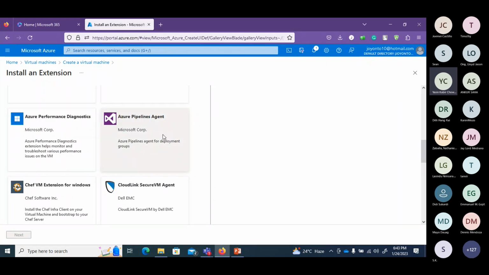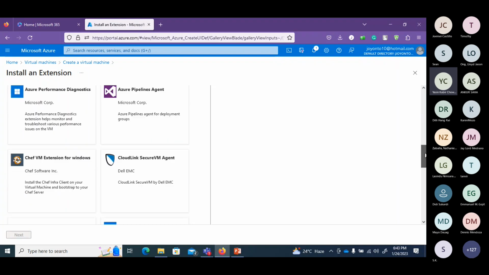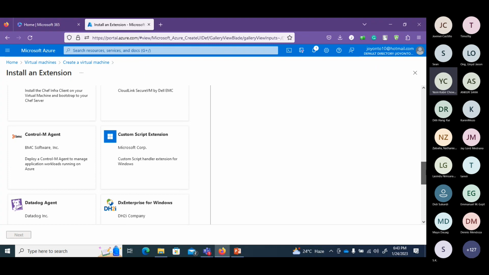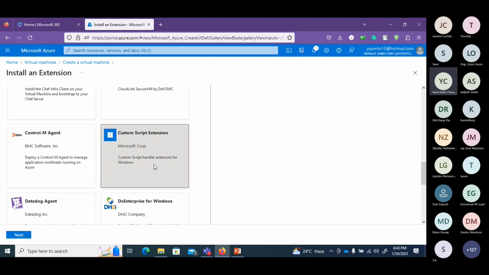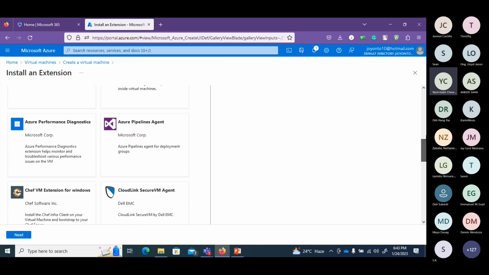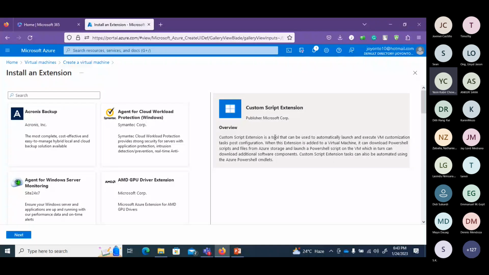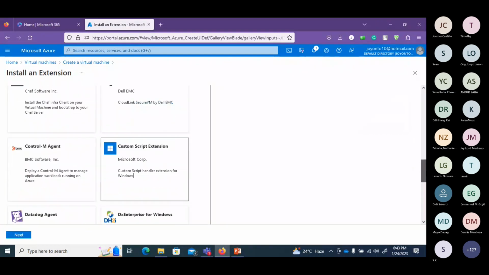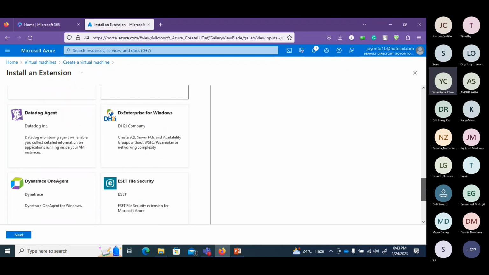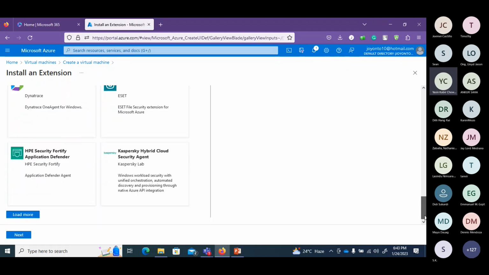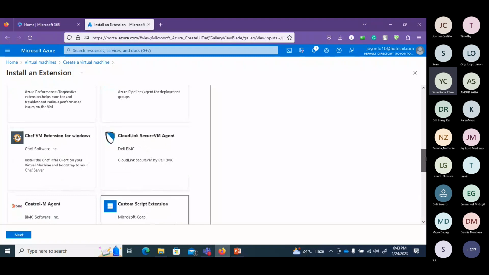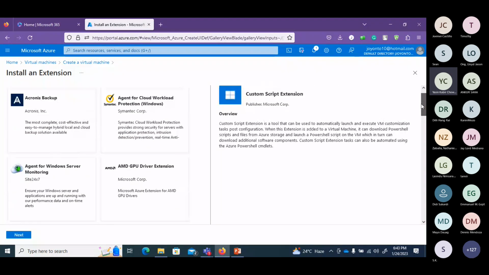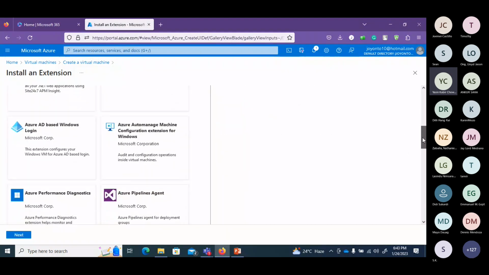Whenever you need this one, you need it when you go for a DevOps project or like this, custom script extension. So when you create here, there should be some overview, custom script is here. Like there are a lot of, ESET file security, a lot is there. Suppose if you pipeline, as I showed you, Azure Automanage Machine Configuration extension for Windows, if you need AD based Windows login, then